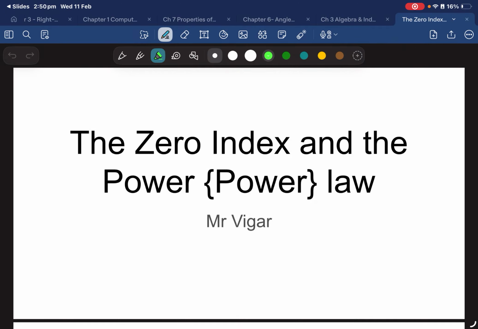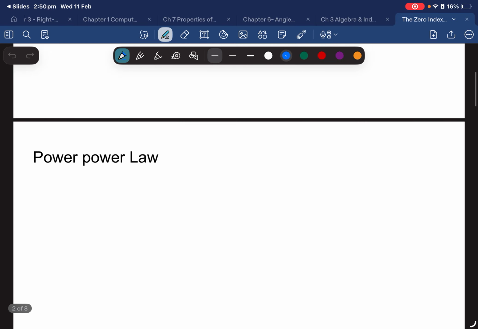Righto, so today we're going to look at the zero index and the power law. So when I talk about these two things, what I'm actually saying is the zero index is a really, really nice one. The power law, it's power, right? So we've got,